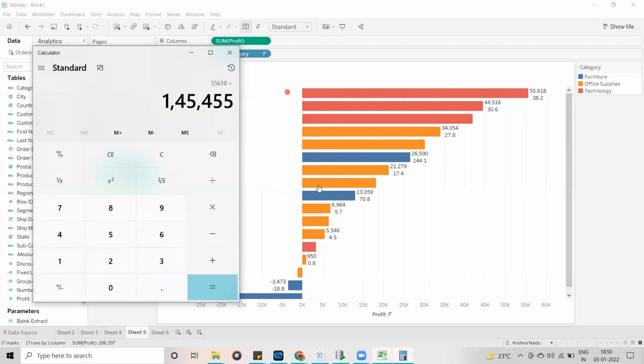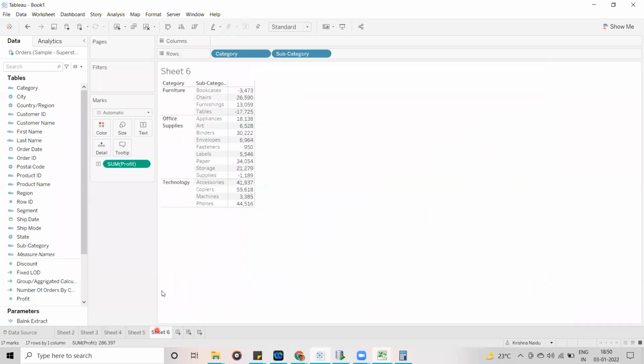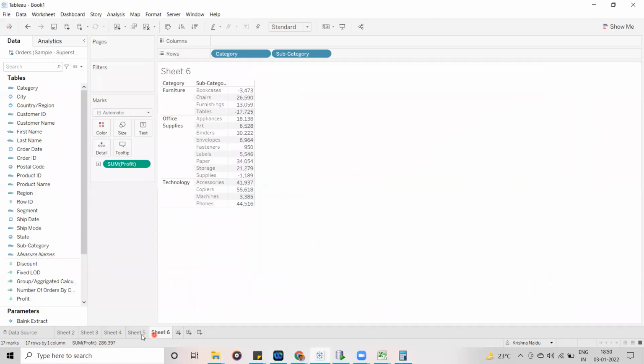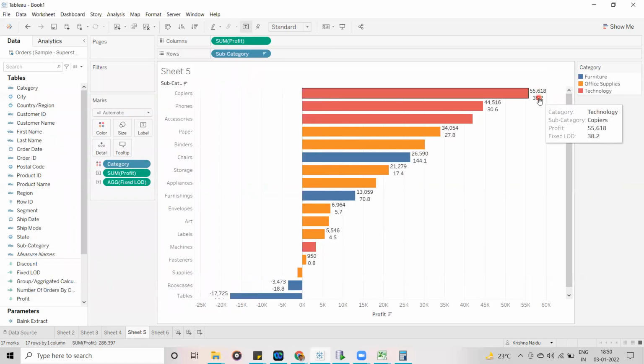Is it correct? Yeah. So now if you click on equal to, now you can see multiplied with 100, then 38.23. So whatever we are displaying here, it is correct, right?